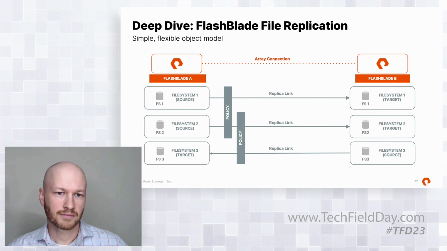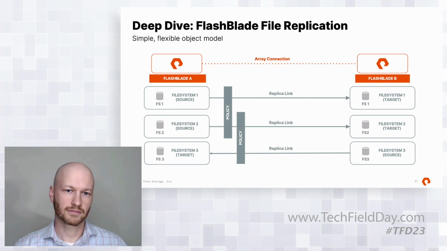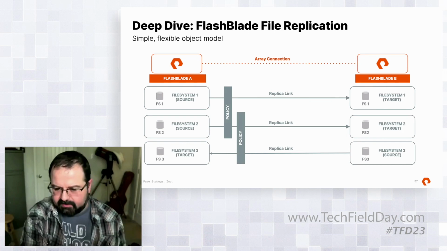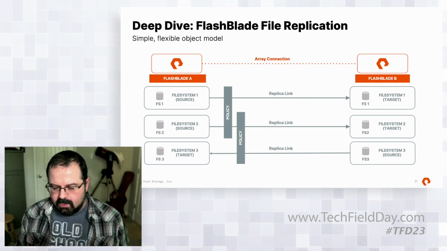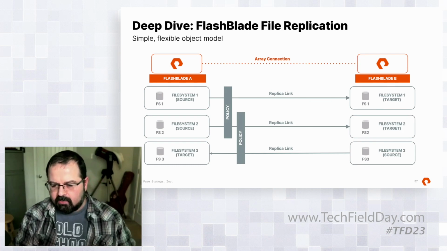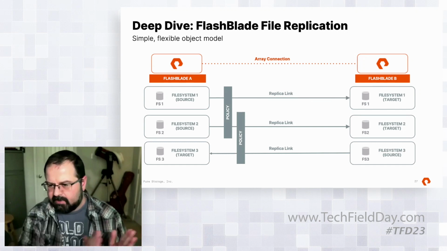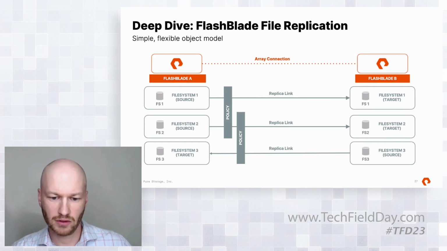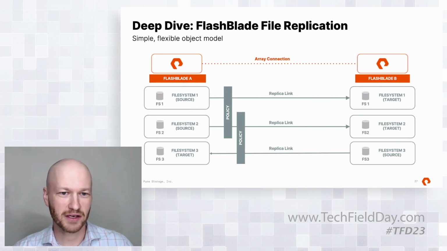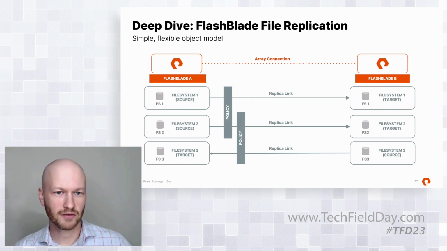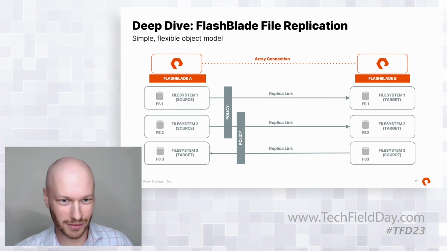Okay, and then kind of the last question related to that, is there a failback mechanism to go from basically kind of that FlashBlade B back over to FlashBlade A? And if so, is that a complete transfer of the data back across the wire, or is it looking at kind of doing a snapshot comparison and replicating only that? So yes, there is a very simple failover, failback, DR mechanism. I'll explain a little bit how that works, but to the second part of your question, yes, it's efficient in that there's a reconciliation and we only need to ship back the incrementals that were accumulated on the target side while there was the flip.